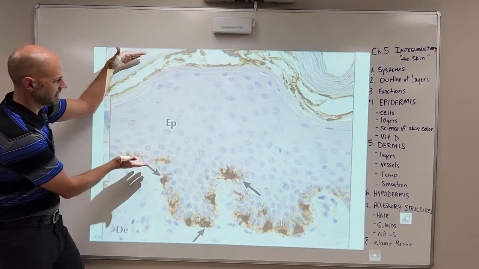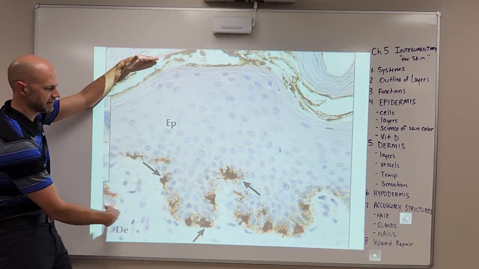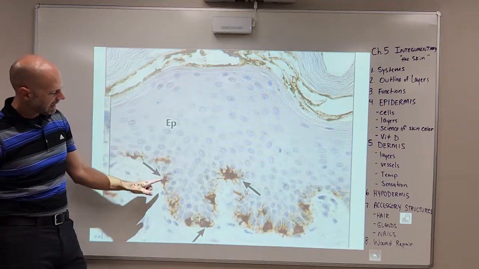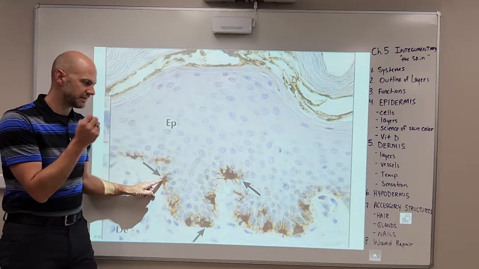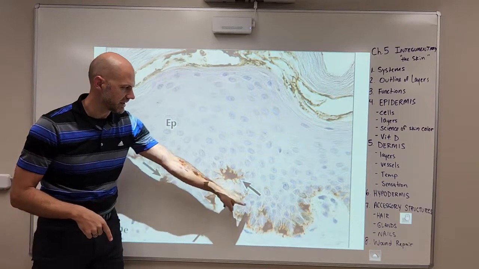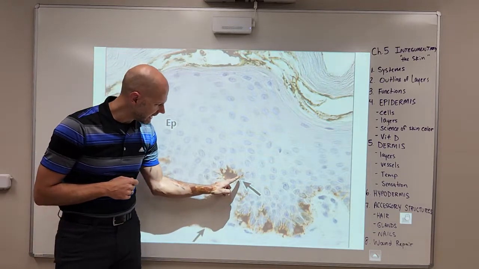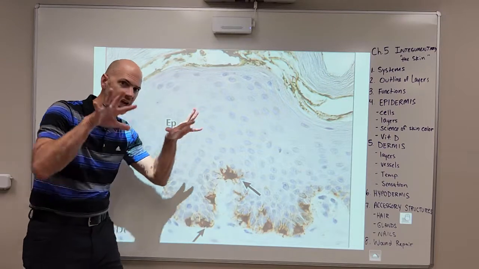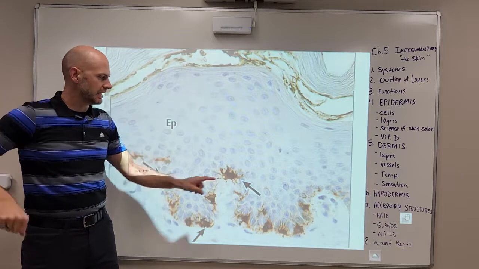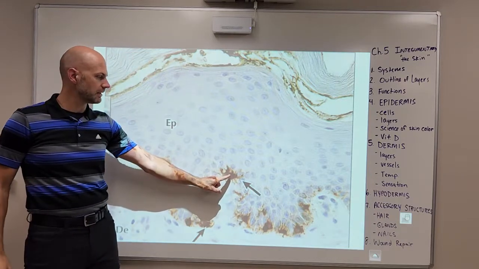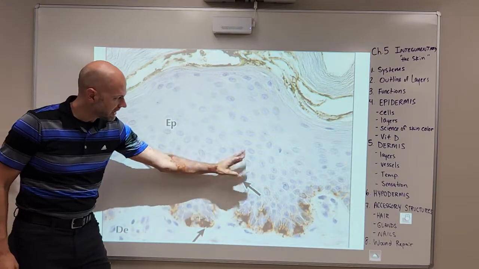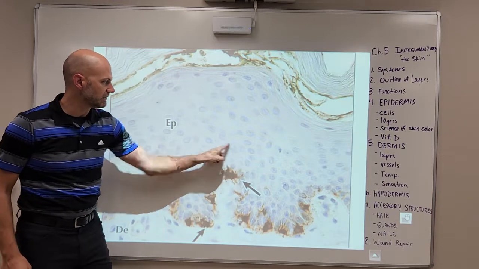So here's a picture of the epidermis, and this is the dermis down here. Here's the basement membrane. You can see it's kind of this up and down. And in this case, it's not natural pigment, but these melanocytes have been specially stained to recognize the presence of these melanocytes. You can see they have little cellular projections that reach out into surrounding keratinocytes. They look kind of like an octopus, and that is true to the shape of the cell. They live in the bottom of the layer, and they are actually transferring melanin to these surrounding cells,